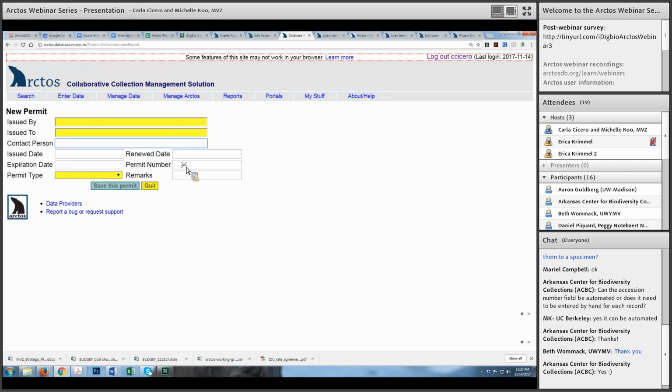And then basic date information: the issue date, expiration date, renew date, and then the permit number. Those are all just text fields. And then the permit type. This is what we have right now. This is a controlled vocabulary, but we actually have a GitHub issue going on right now about fleshing this out. Right now you can only have one permit type